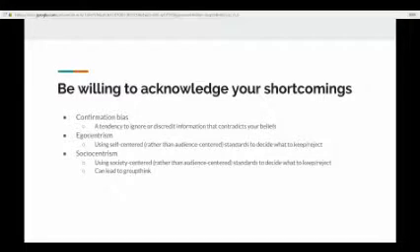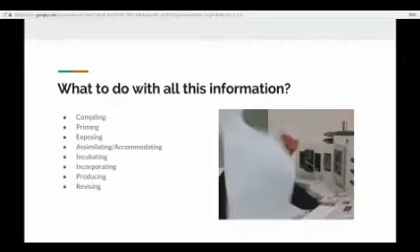And then sociocentrism, which is using society-centered or group-centered criteria rather than audience-centered to decide what to keep or reject. And this can often lead to groupthink, self-selecting for specific group values as opposed to considering all that's actually there.